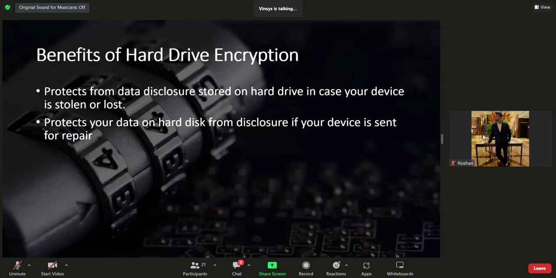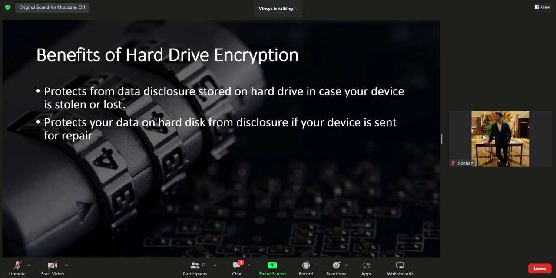What are the benefits of hard drive encryption? Today we are going to talk about the hard drive. If I ask you this question openly, you are going to give me lots of answers. There are definitely lots of benefits. Yes, it protects your data stored on the hard disk from disclosure in case your device is stolen or lost, especially laptops.